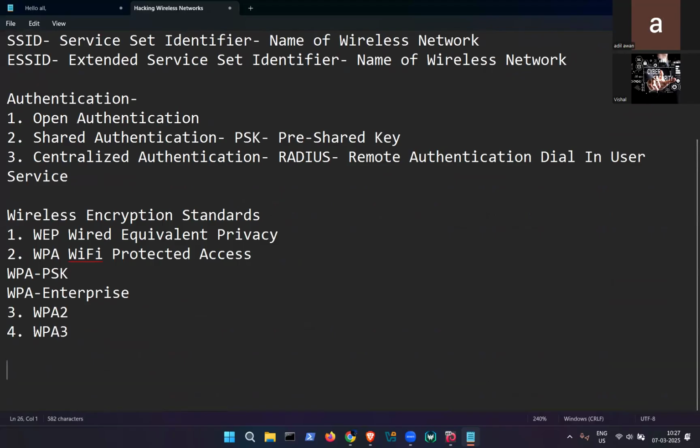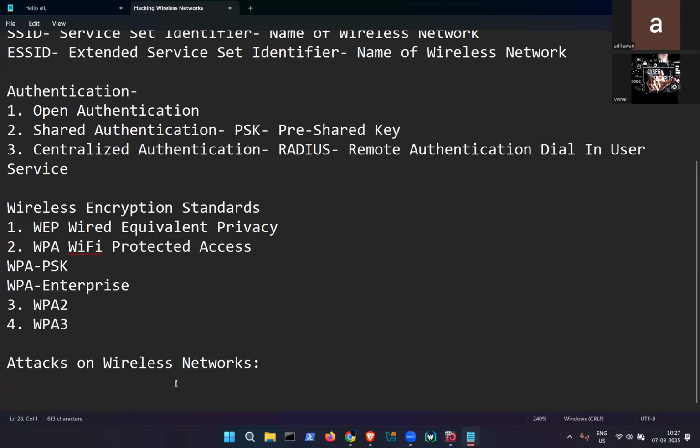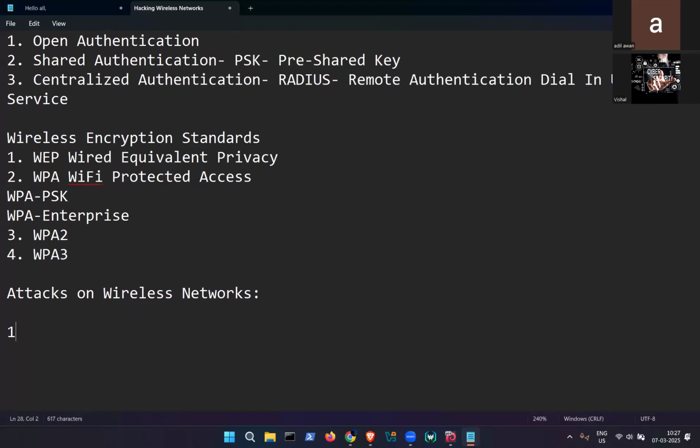And now let's talk about the attacks on it. So let's discuss the attacks on wireless networks. We have a few attacks that are discussed in this course, so let's talk about them. The first one is called the deauthentication attack. In this attack, we will try to disconnect a device from the network, or we can